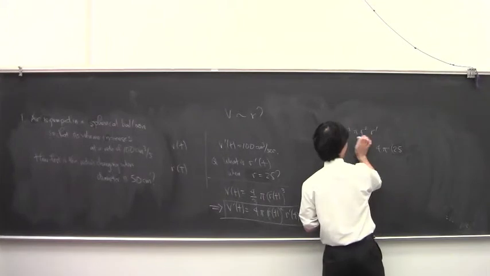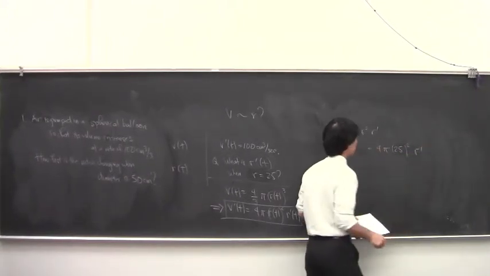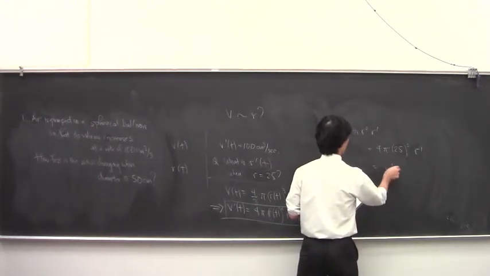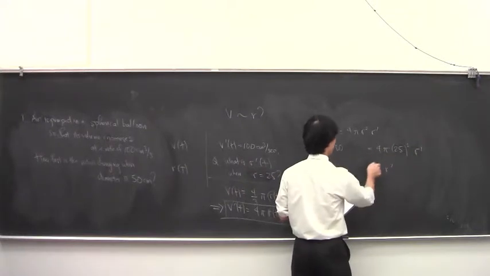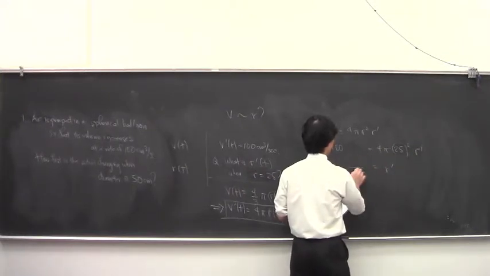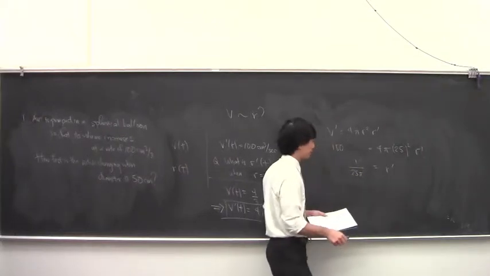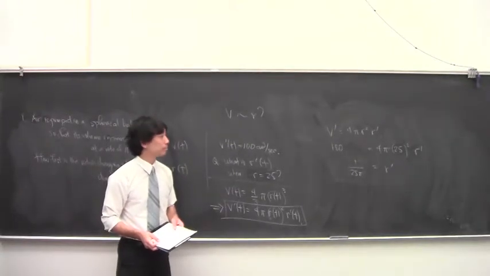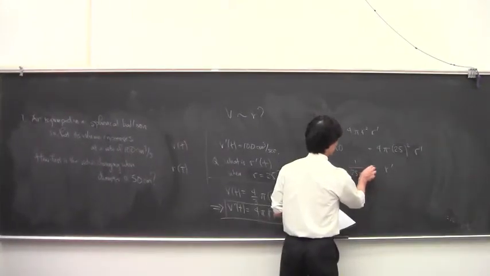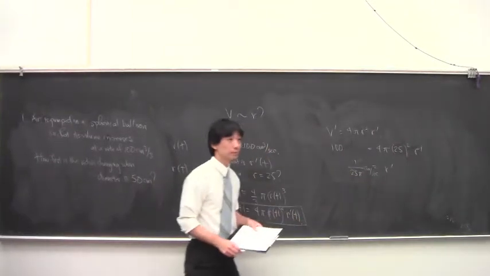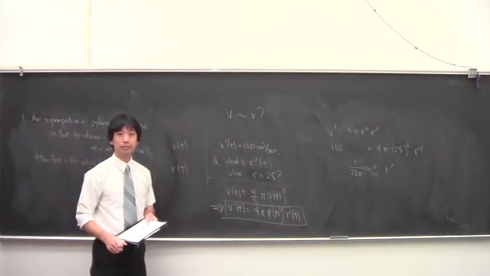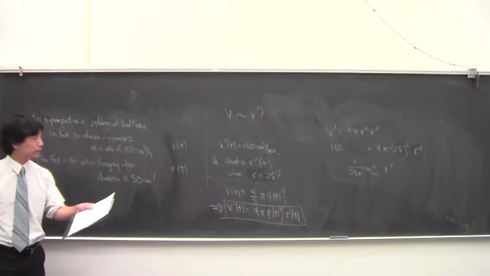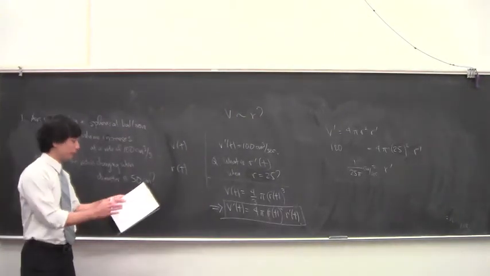I'm just going to get rid of units. 25 squared. Right. And so what do you end up with? You end up with r prime, there's 100 there, there's 100 there, there's 25 there, 25 is down, oops, 25. And the units work out to be centimeters per second. Okay. So when the balloon is 100 centimeters across, I'm sorry, when the balloon is 50 centimeters across,